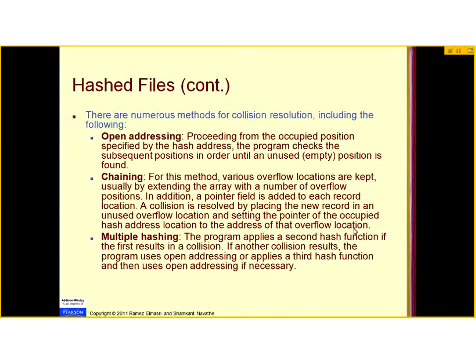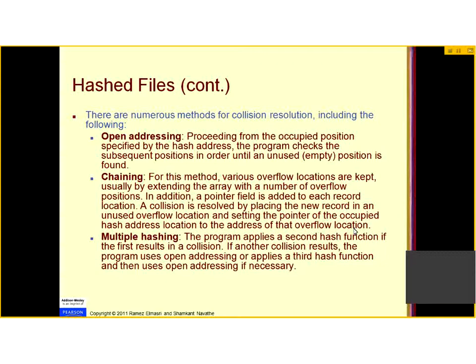So what you are doing in chaining is that you have a sequence of locations available where you can place your data, and besides this you have some overflow locations where you can keep the overflow data. If a value hashes to a location where some data is already there, you cannot erase it and place your data over there, so you need to utilize an overflow location. So you place a pointer which points to the overflow location where you have kept the data.